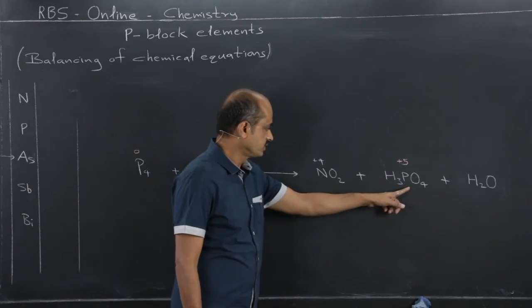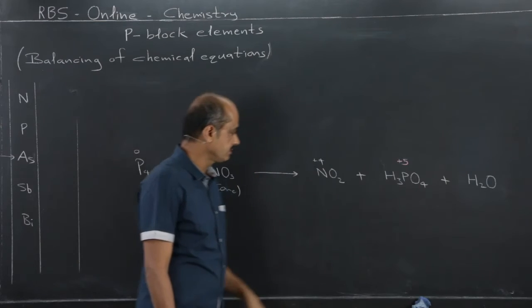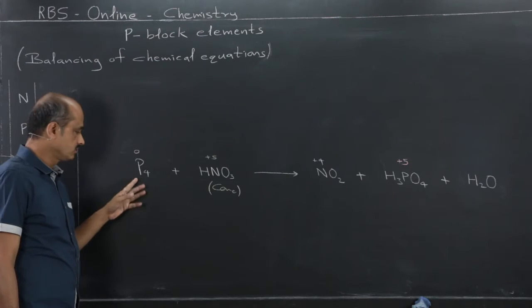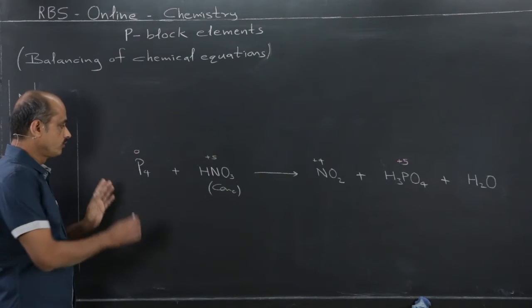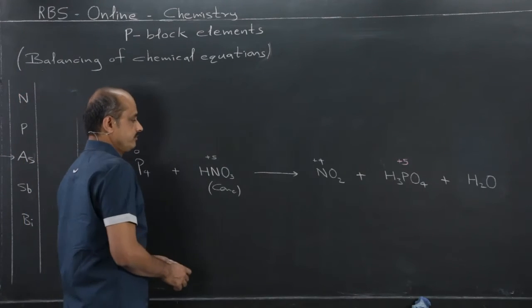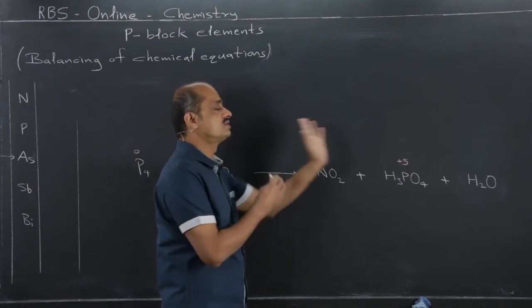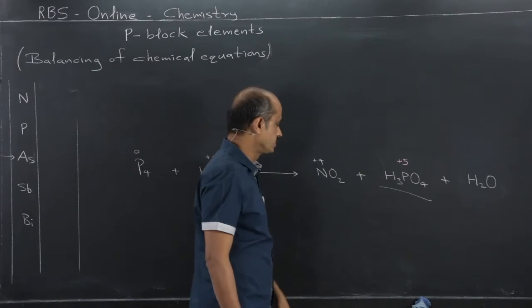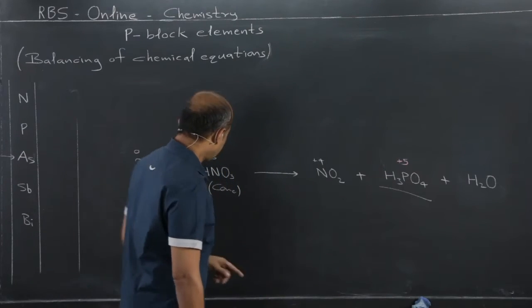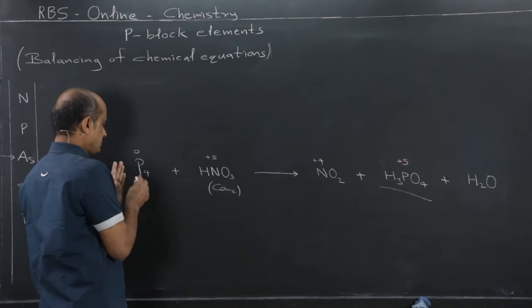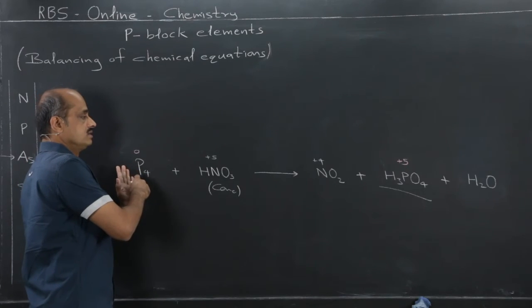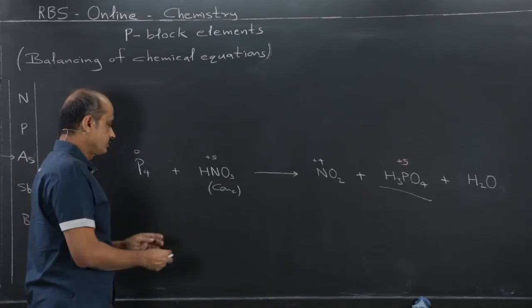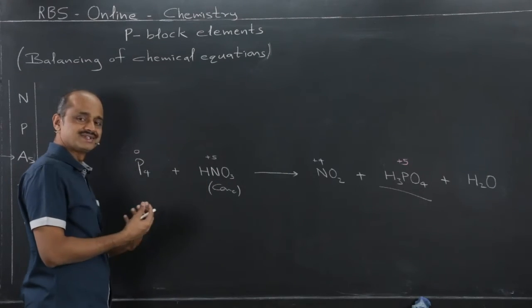Oxidation number of phosphorus in phosphoric acid is plus 5. This is elemental, it has not combined, neither donated nor gained, so the oxidation number is 0. So phosphorus reacts with concentrated nitric acid and the corresponding oxyacid is produced, it is phosphoric acid, in which phosphorus carries plus 5 oxidation number, plus 5 charge. And if this gets oxidized, means if this has released electrons, actual tendency to release electrons, the charge, we will discuss in that fashion.